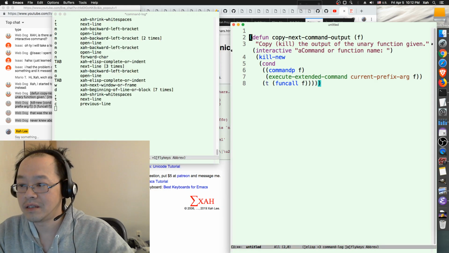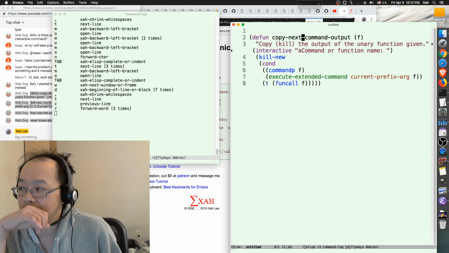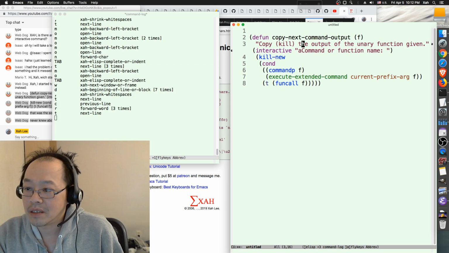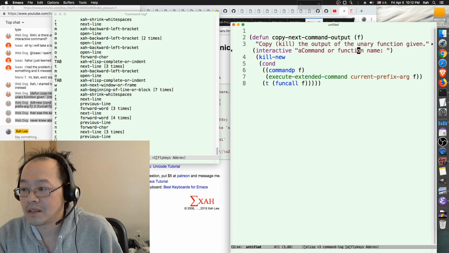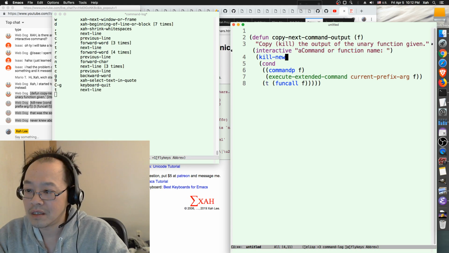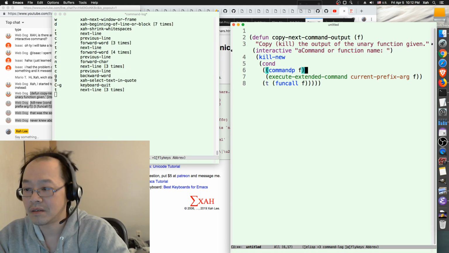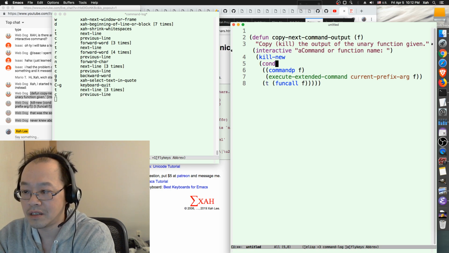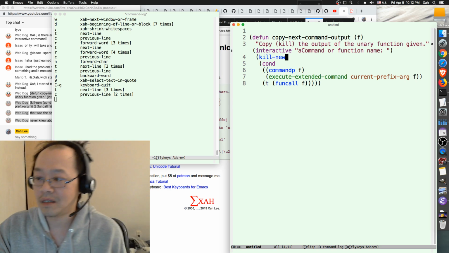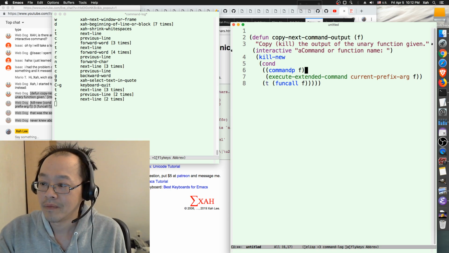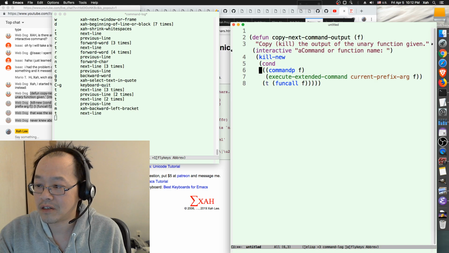So define copy next command output. Copy kill the output of a unary function given. Unary function. Okay. Command for function name. Okay. Kill new condition command. So kill-new basically deletes the text but puts it in a clipboard, in a kill ring. So kill-new condition. So if